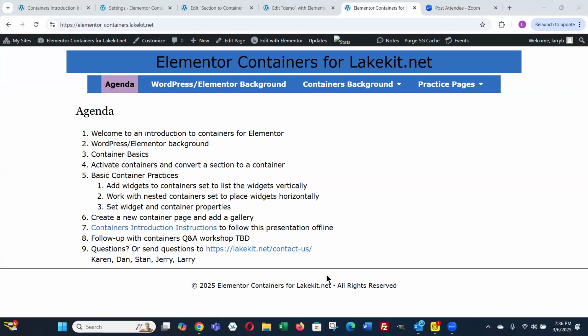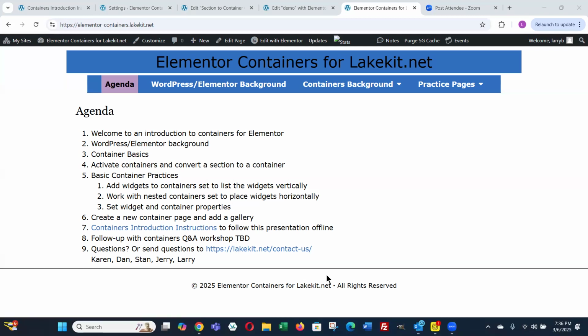And to reiterate, Larry's got excellent instructions covering everything that he just went over, so you don't have to remember it. He's got written instructions. And when we as Lake Kit send out a follow-up email, which we will, I'm going to send the recording to Mike Engelson.